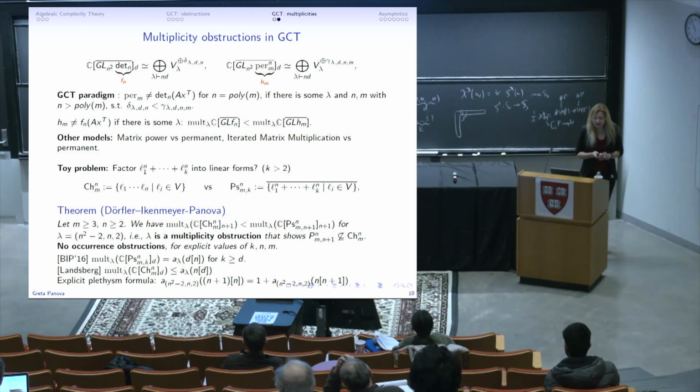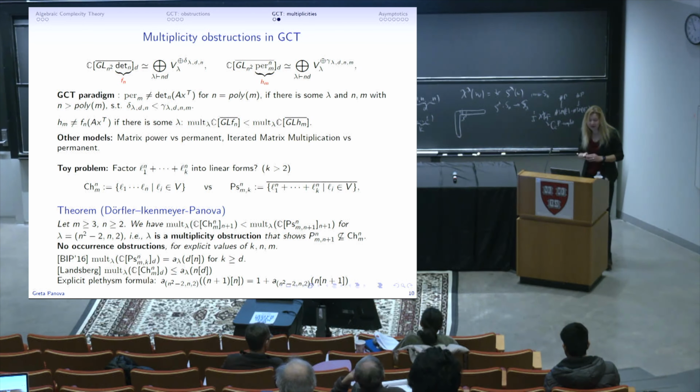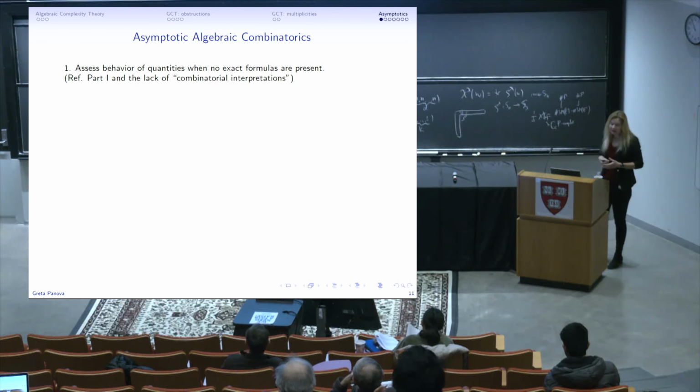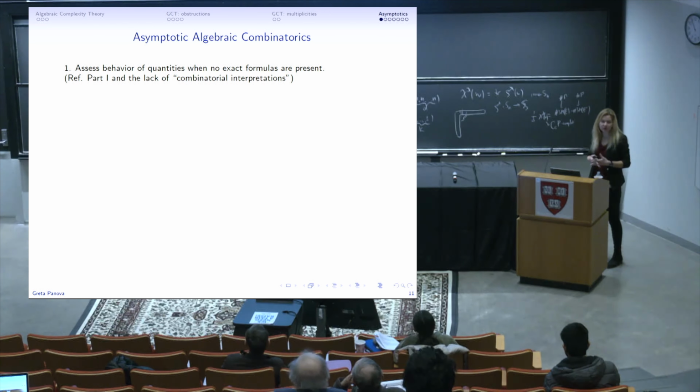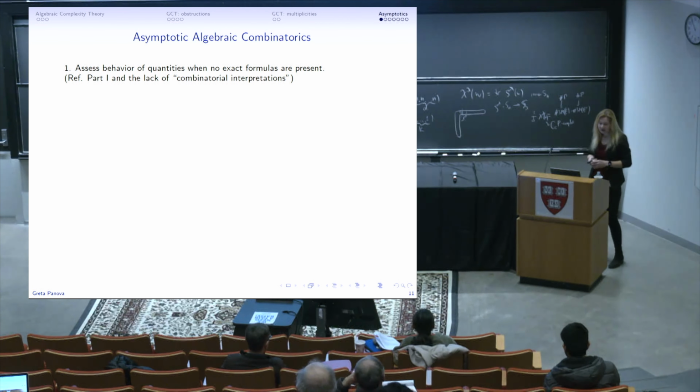So in theory, it is possible to still find multiplicity obstructions. Now the question is how, if we want to distinguish the complexity classes. So I have a few more minutes. Maybe I can tell you what one could possibly try to do. One can try to find asymptotics for these multiplicities that show up. So we don't have any combinatorial interpretation, no closed formulas, nothing, but we can actually look for asymptotics, and this is maybe going to reference a little bit